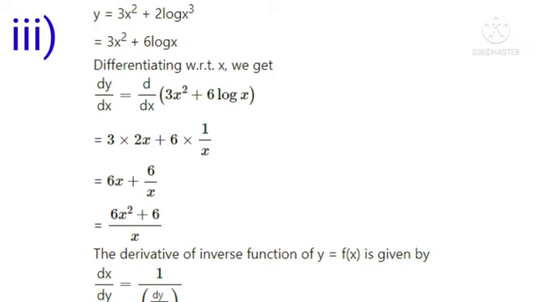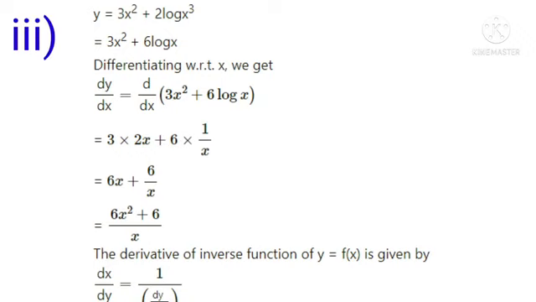The 3 which is the index, it will be multiplied. We write log x raised to n is equal to n into log x. So here the next step is 3x square plus 6 log x. How does 6 become, understand? 2 into 3. So we get 3x square plus 6 log x.